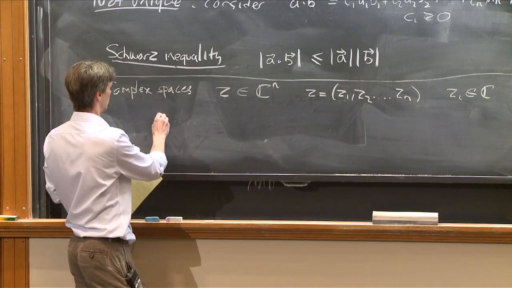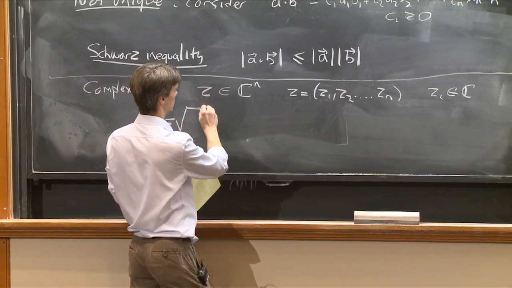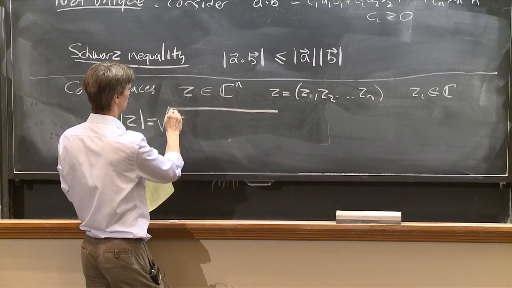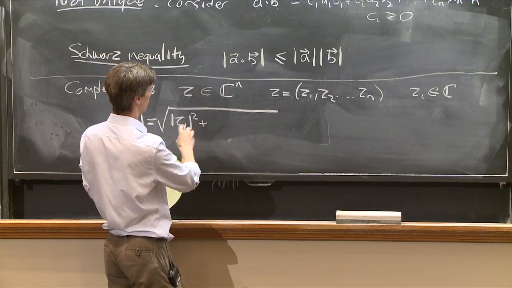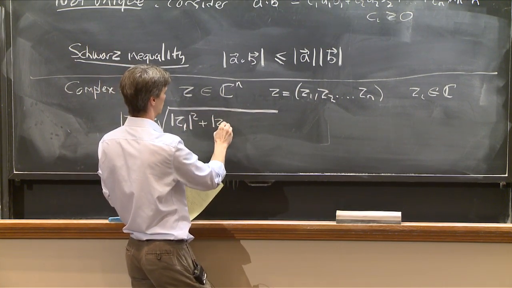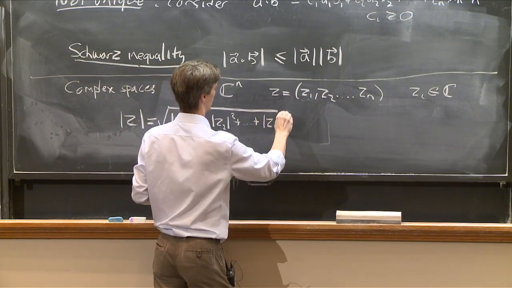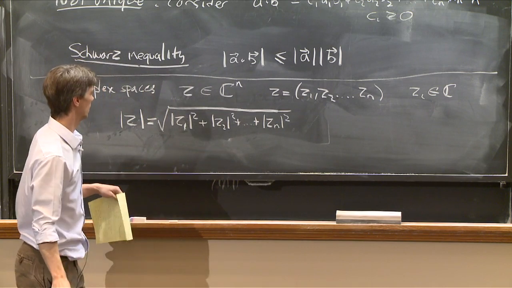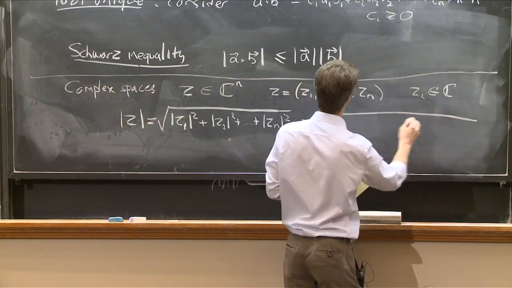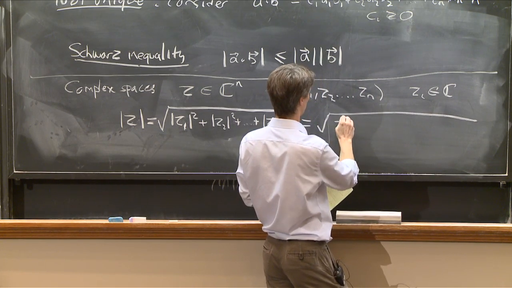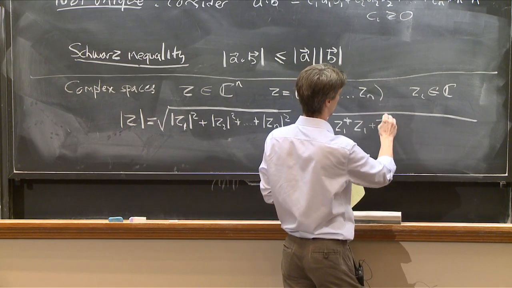And so we can really think of this as equal to the sum of the squares of the absolute values of these complex numbers, which if we write it out, looks like Z1 star Z1 plus